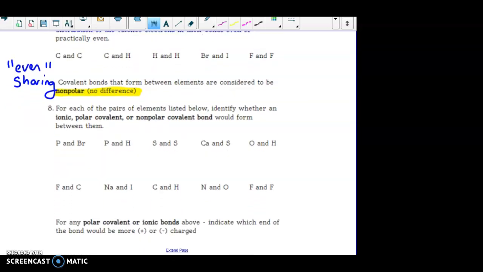So this is where you have the chance to look these over. For number 8, you want to look at these pairs of atoms here. We've got 10 different pairs, and we want to identify, is this an ionic bond that would form? Is this a polar covalent or a non-polar covalent bond that would form? And for anything that would be polar covalent or ionic, where there's going to be some negative and positive differences there, indicate which end is going to be more positive or more negative. So try this out, see how it goes, and as far as defining bonds as being polar, non-polar, or ionic,